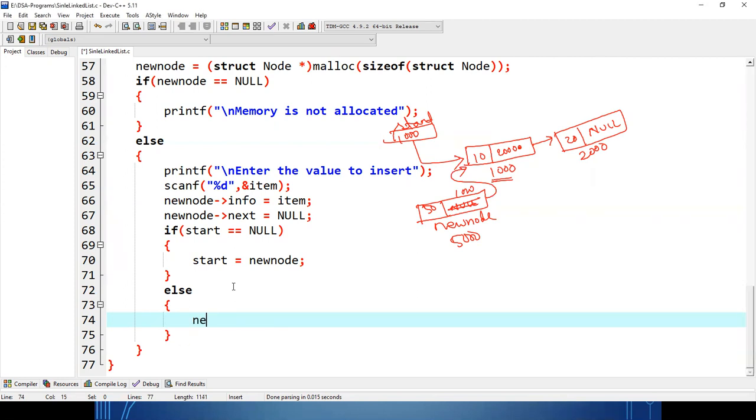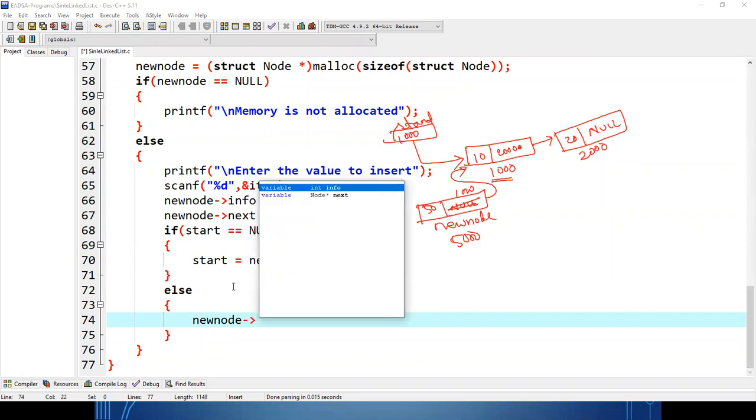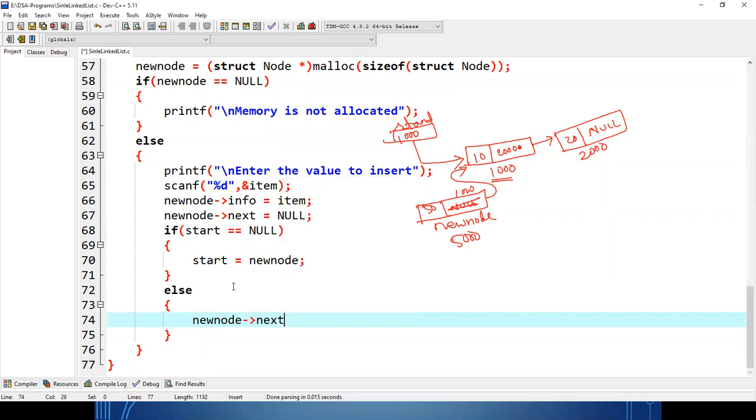I need to write new node next equal to start, because this 1000 I'll get from start, because start is keeping the address of the first node. So I'll give that 1000 in the next part of the new node.